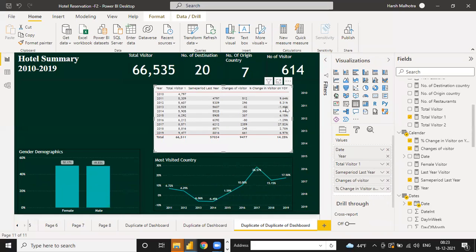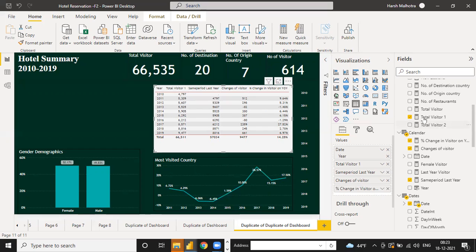So now guys, do you have any doubt about this function, percentage change? This function is a time intelligence function. You can make the changes from the last 1 year, 2 years, 3 years, or 4 years. But you have one disadvantage. What is the disadvantage, guys? Same period and last period. Same period does not give you any condition like -1 or -2 or -3. It will just give you the answer of last year only. But the DATEADD function gives you the condition of -1, -2, and -3. But same period does not provide that.